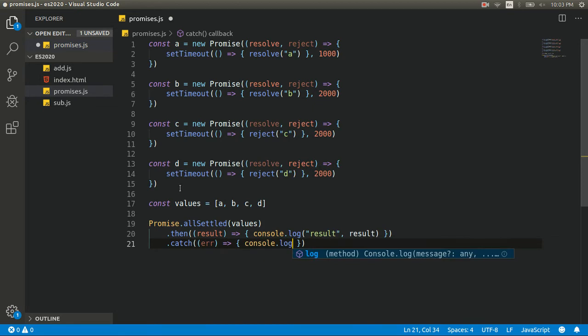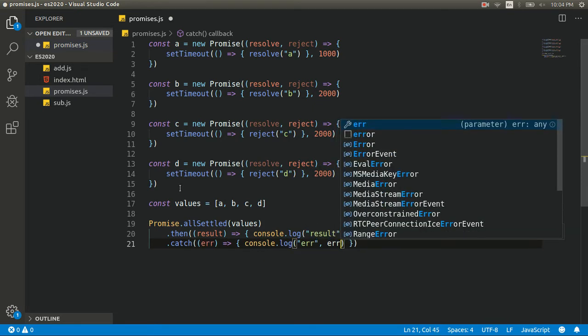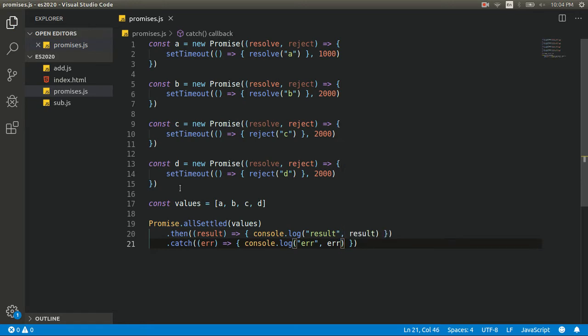So here I have 4 promises, and then I'm doing Promise.allSettled with calling it an array, and then inside